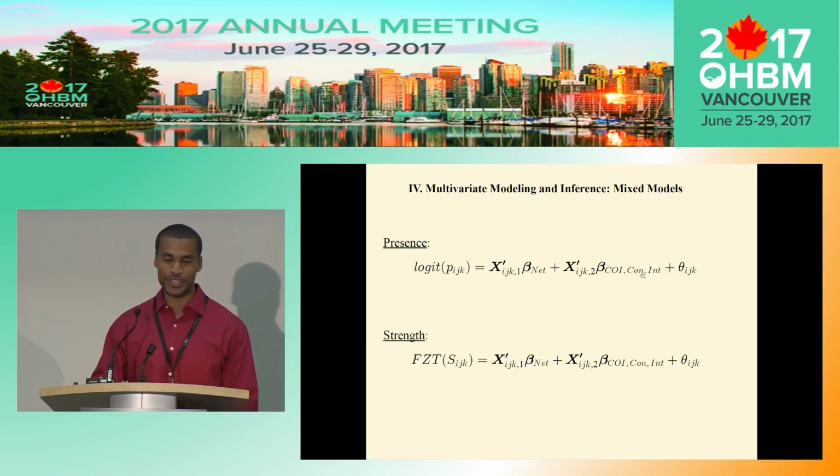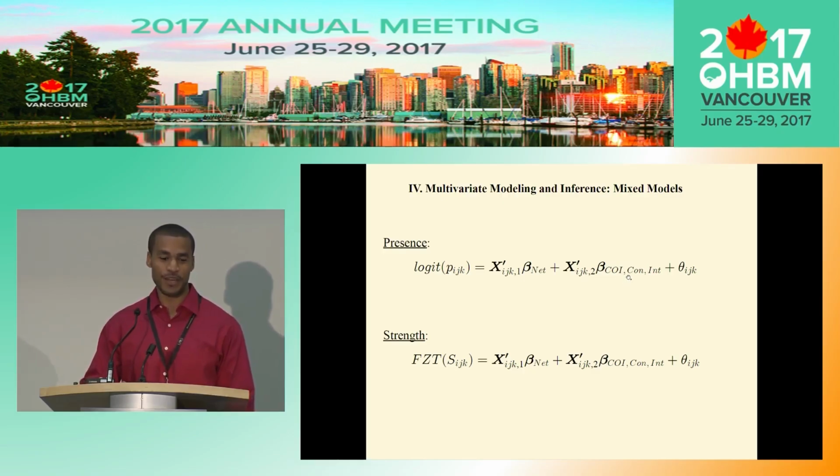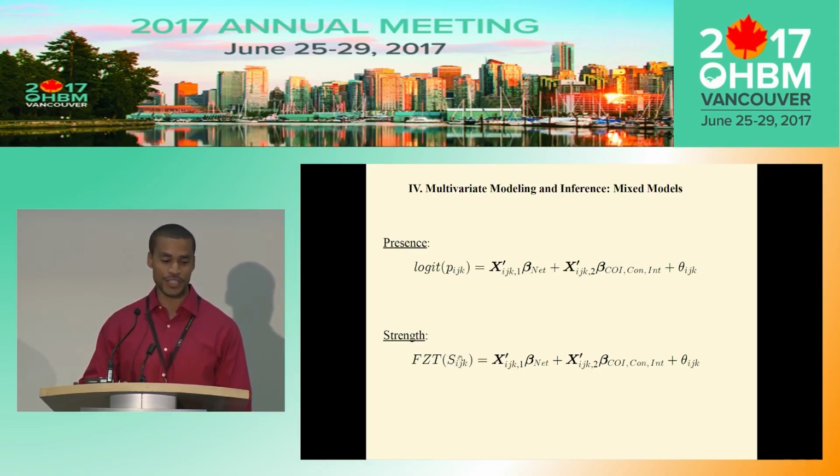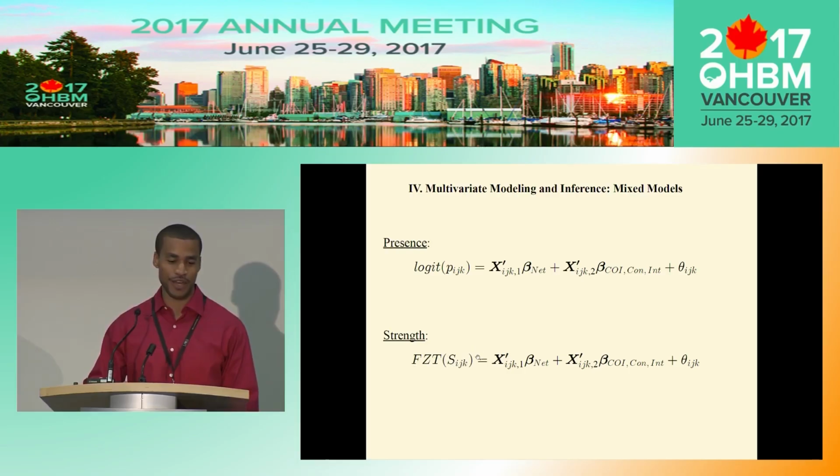And I think this is important because often in the literature, people do comparisons without controlling for confounding variables, which can lead to a lot of erroneous results. So I think it's important that we have this multivariate regression framework to be able to account for confounders. And then we also model the strength in a similar fashion. Here, this is just using a Fisher-Z transformation if you happen to be using correlations, but you can use any network generation approach and apply this model to that.